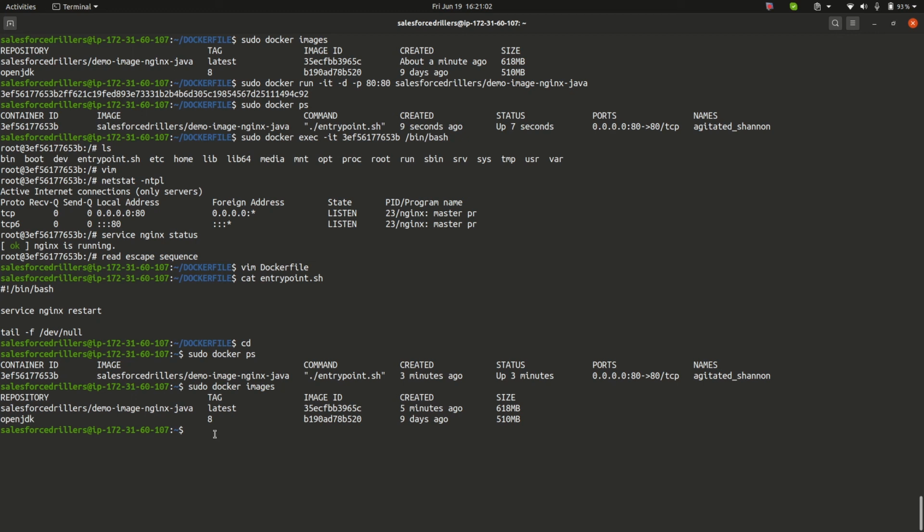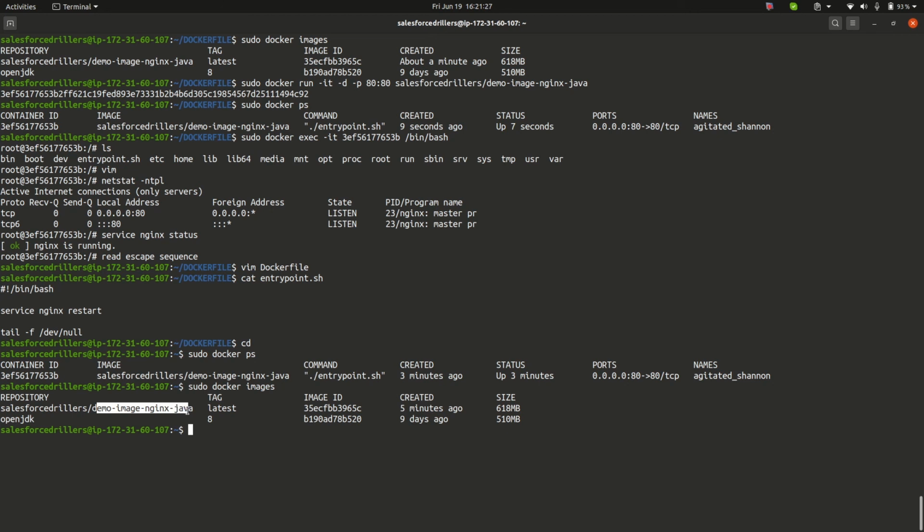So if you remember, while creating the image we have executed the command sudo docker build -t, where t stands for tagging, that is, with which name you want to tag your image. If you see it carefully, the image name, before the slash, includes the username and then the image name.